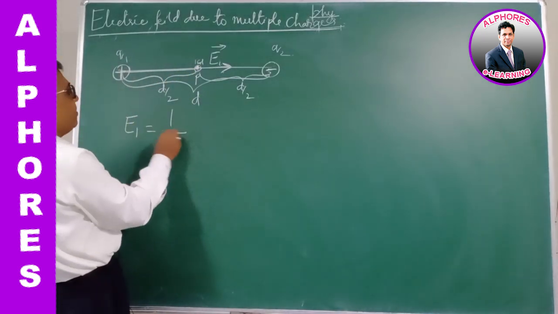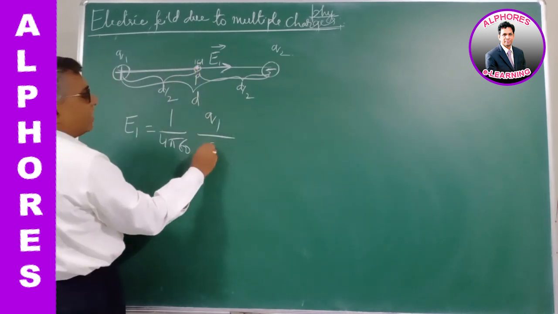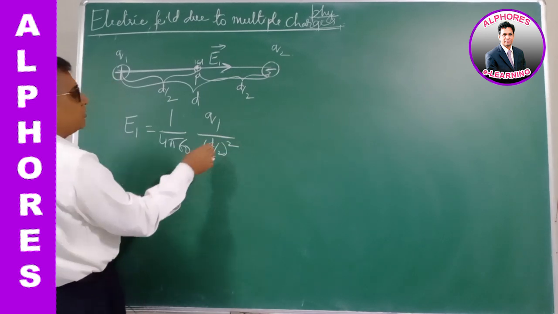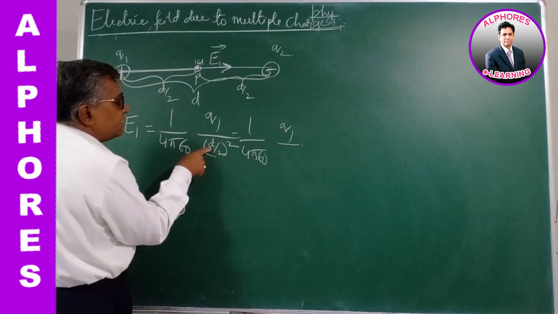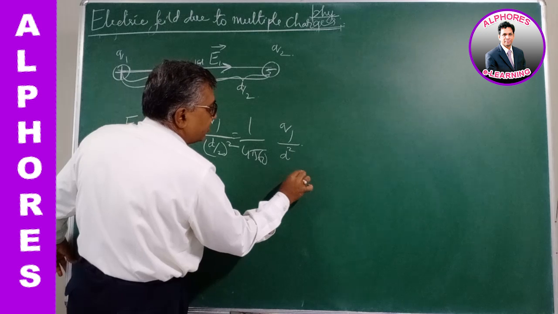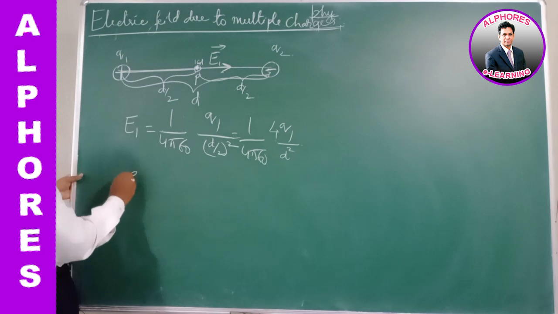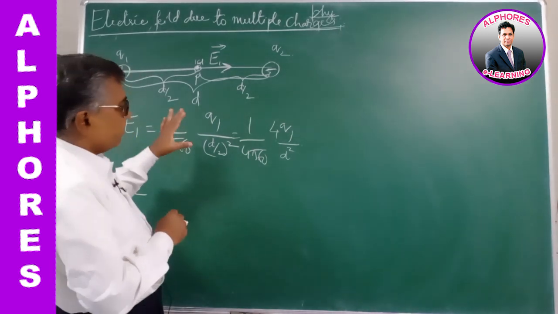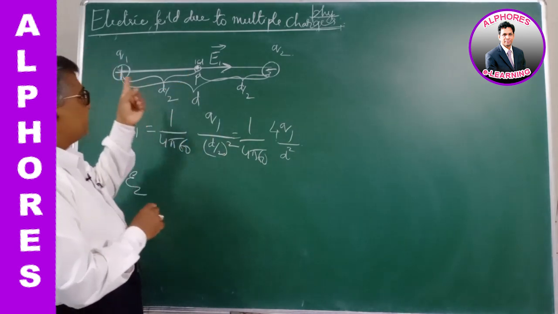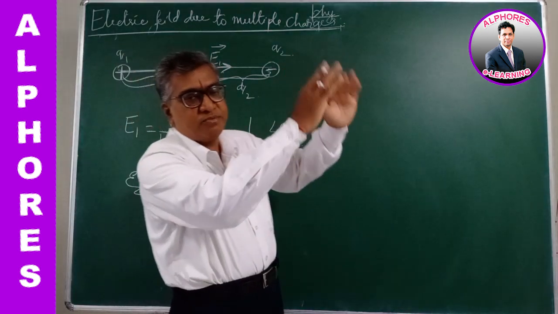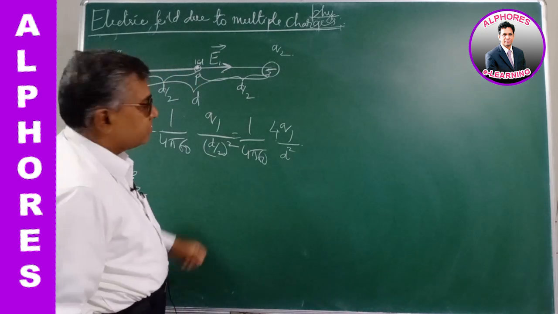So the magnitude of E1 is 1 by 4 pi epsilon naught, Q1 by, since it is the midpoint, distance d by 2 whole square. Simplifying, it's 1 by 4 pi epsilon naught Q1 by d square by 4. I am taking the 4 from the denominator to the numerator. First charge, considering it separately, I have found the magnitude E1. The direction: since it is a positive charge, the direction of the line of force will be away from it. So the unit positive test charge will experience a repulsive force, so the field is away.